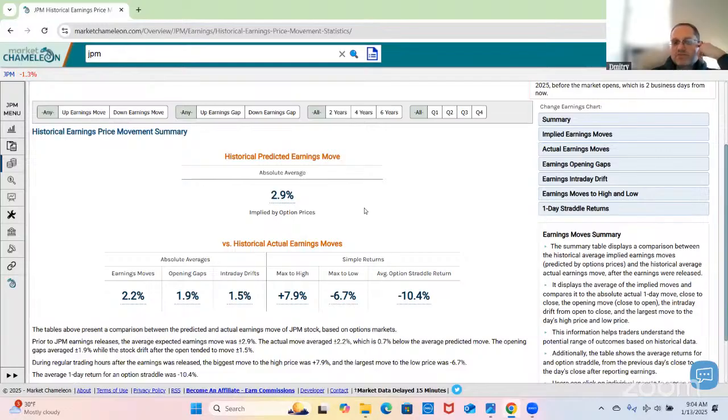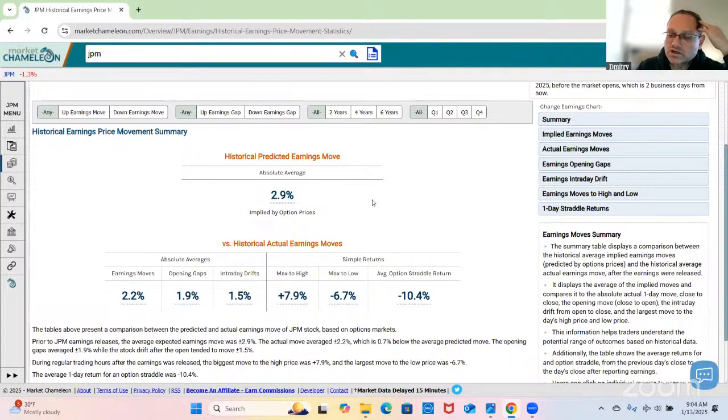On the top over here, the implied earnings moves. These are coming from the option prices. And what this tells us is right before the earnings announcement, historically, on average, the options implied a move of up or down 2.9%. So if we're looking at the straddle, and the straddle's trading all the way up to the close right before earnings,